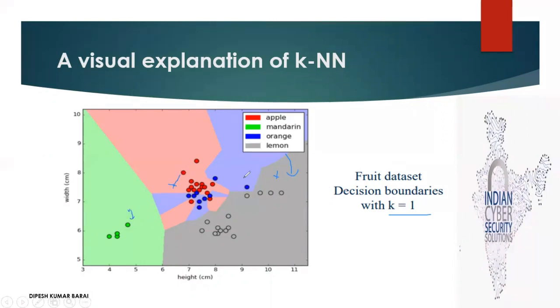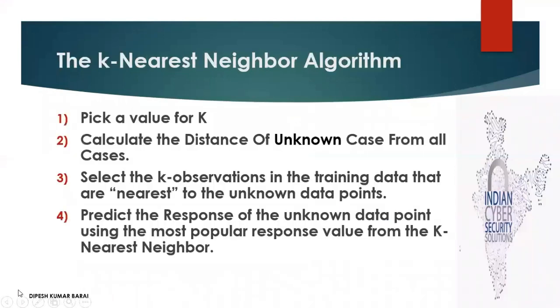Suppose there are two points, this one is blue and this one is gray. Means this one the orange and this one the lemon. And if you check carefully, you can see there is a line in between these two points, and this line is equidistant from each other because we have taken the k value as one each. Okay. So now if we increase the value of k, then the decision boundary will change.